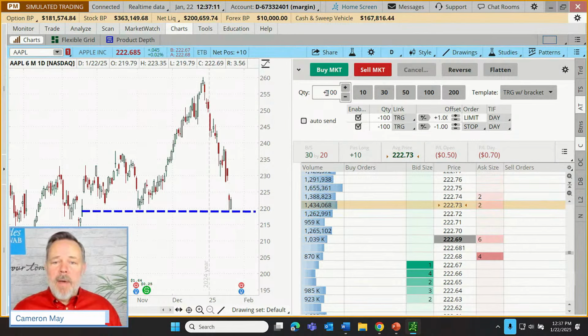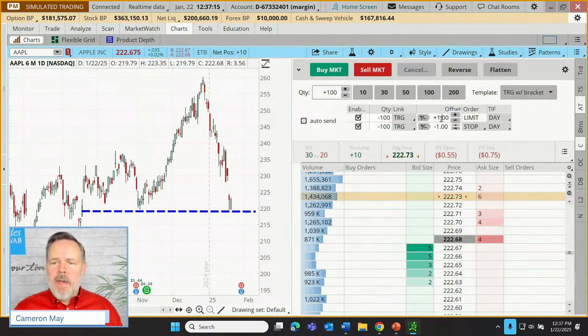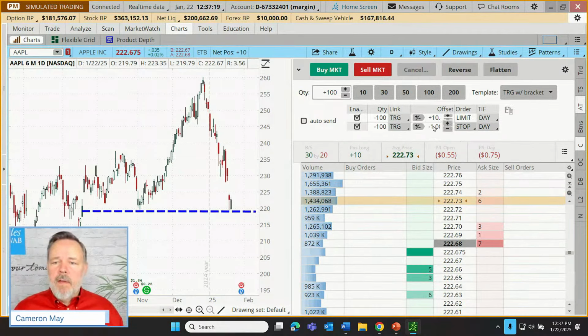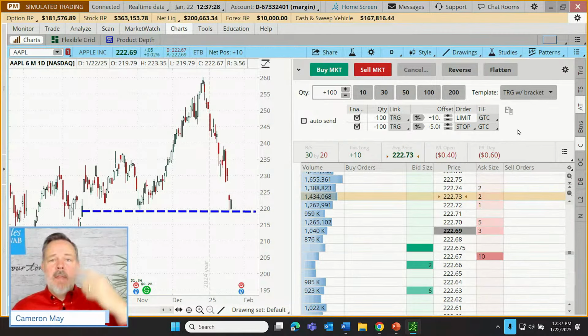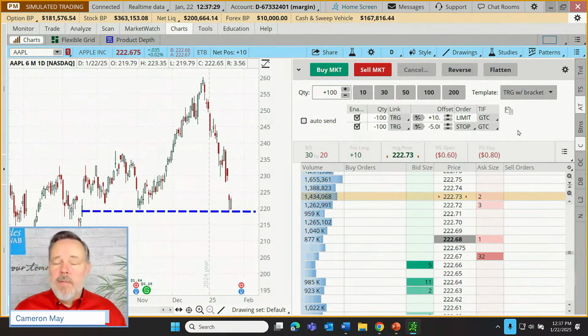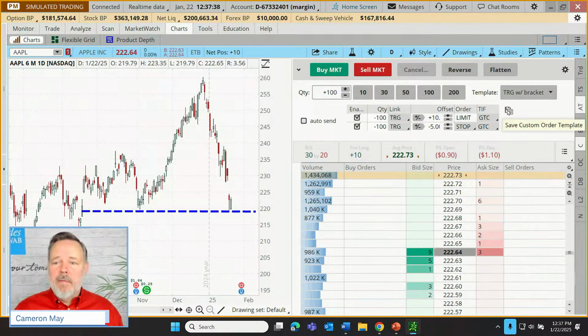Let's say that we have an order to buy 100 shares at the market, and then to sell those shares if the stock price goes up 10, or if it falls 5. And maybe this is just the way the trader prefers to do things. Maybe they buy stocks a lot where they sell if it rises $5 or rises 10, or if it drops 5. So we can actually save this as a future template.